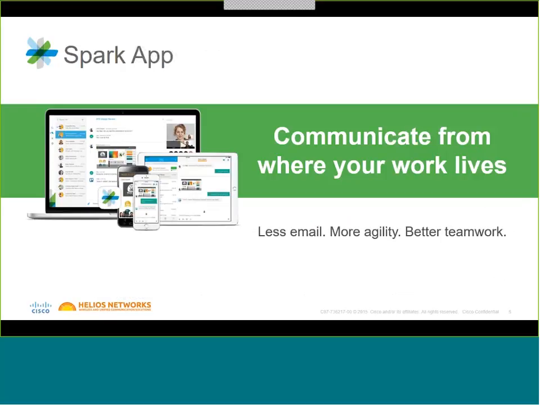So basically, the idea of Spark, when it was announced in March 2015, last year, is that it allows teams to collaborate from any device, and I mean any device. You've got a native client on your Apple Macintosh, your OS X systems, your Windows systems, your Android, your iPhone, your iPads, and regardless of what you use, the platform is the same. The messaging is the same. You can have a conversation, and video is all the same.